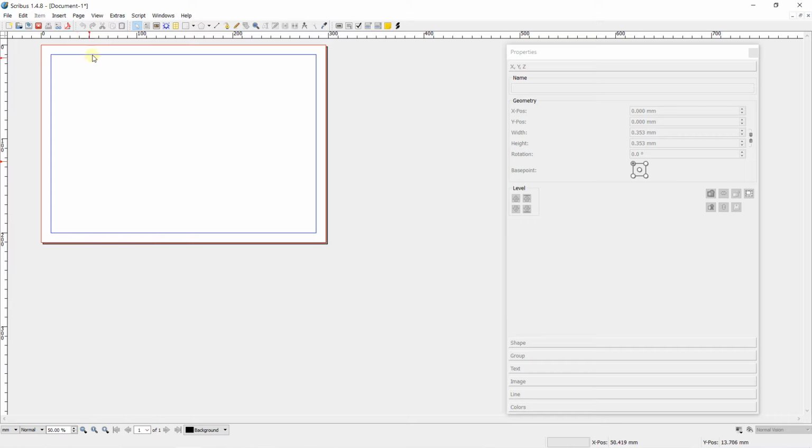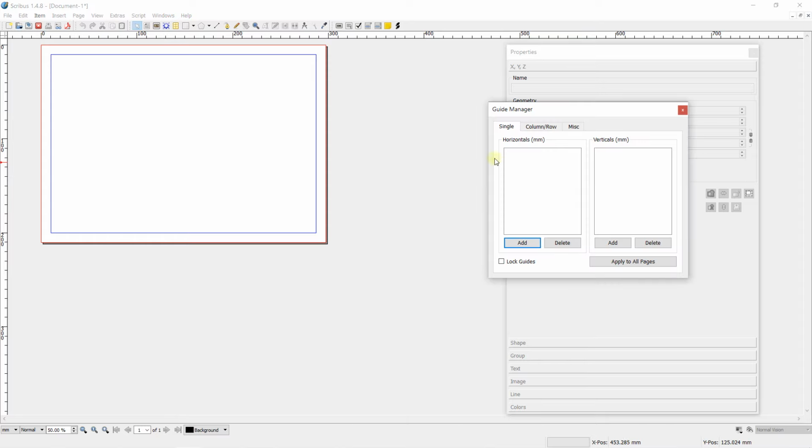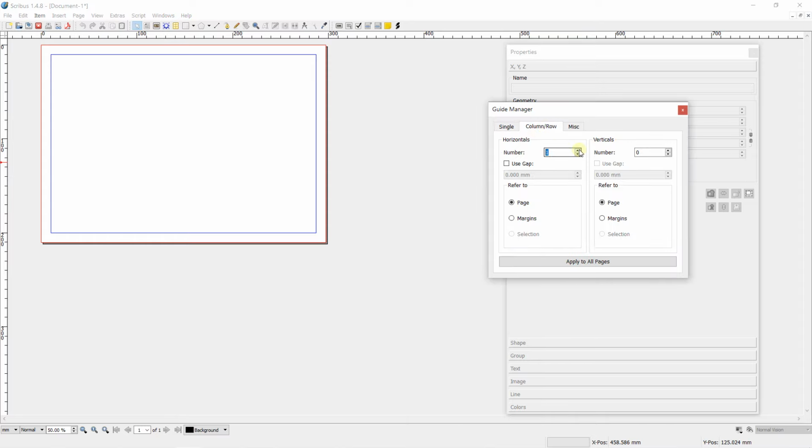Then add guide, manage guide, columns and rows. I activate vertical 2 and use gap 10 mm because my margin is 10 mm, and refer to margin like this.